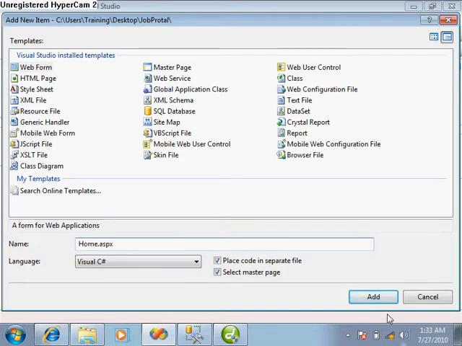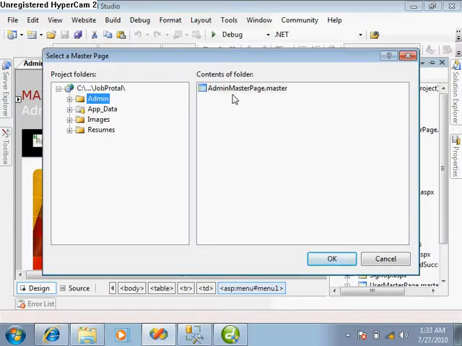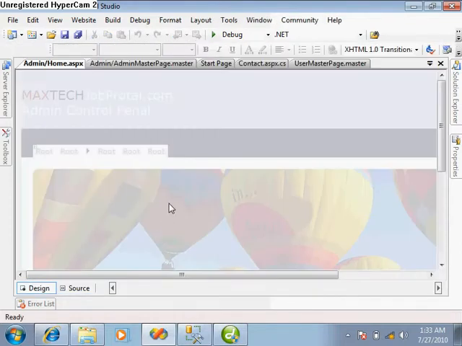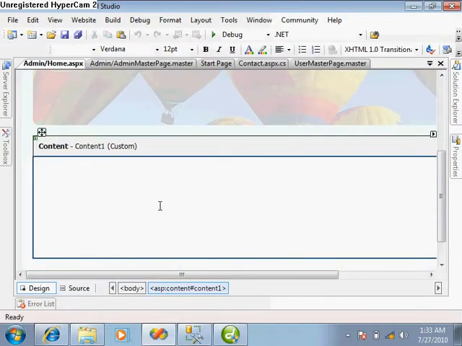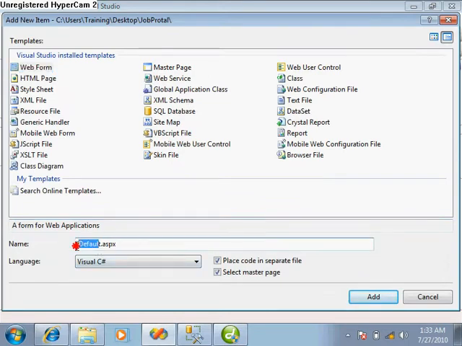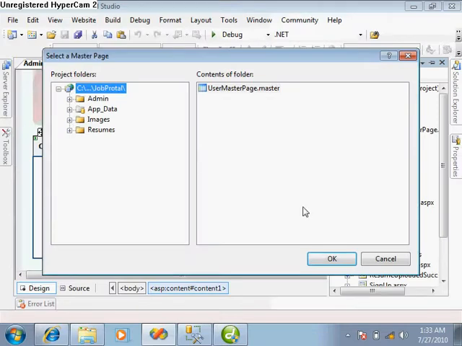home, select a master page, but at this time the master page is from the admin panel. This is the home page, and after that take a page, view jobs, where you can see all the jobs. Select master page from the admin,